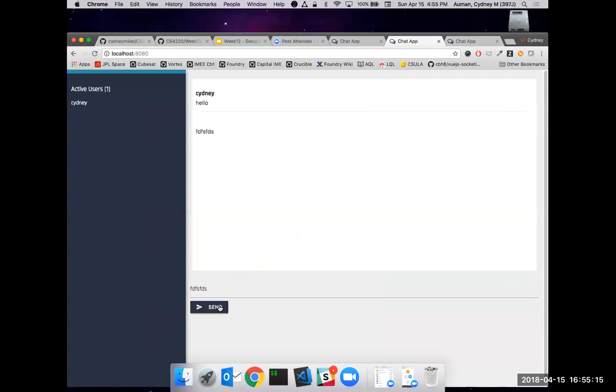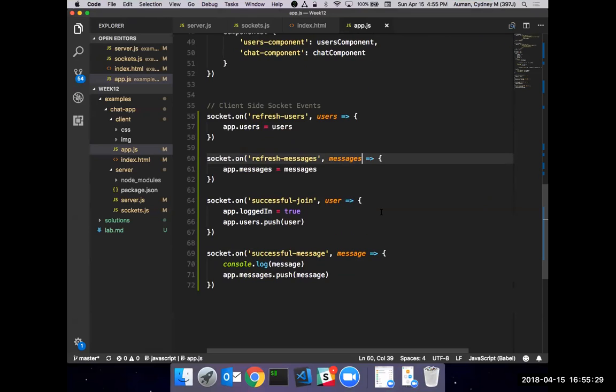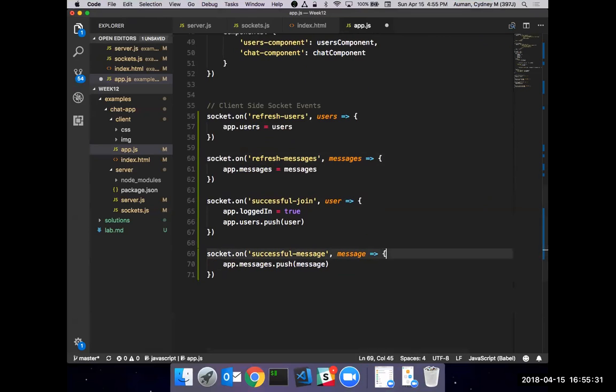And so if I send this message again, it doesn't allow this user to join. So we need to handle a little bit of information in here, especially on this successful login and refreshing content. Oh, let's get rid of that. We don't need that anymore. So there's some data to manage on these socketed events.